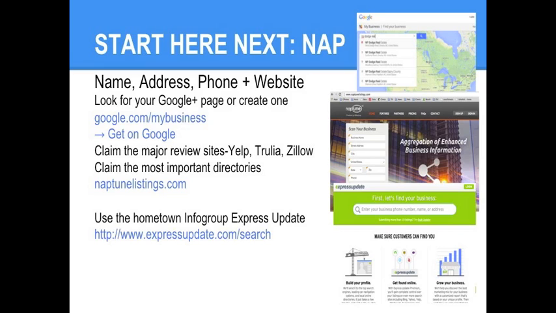Info Group, which is based here in Omaha, also has an express update service. It's really key to make sure your information is exactly the same in all of the online directories. That gives you an edge in showing up in search results. That tells Google that your information, if it's exactly the same in all of these spots, has to be right, has to be really, really right.